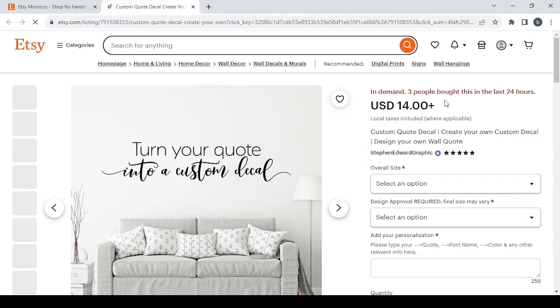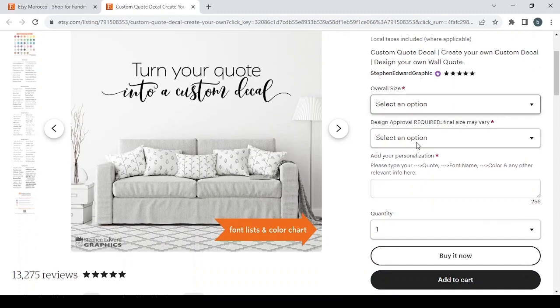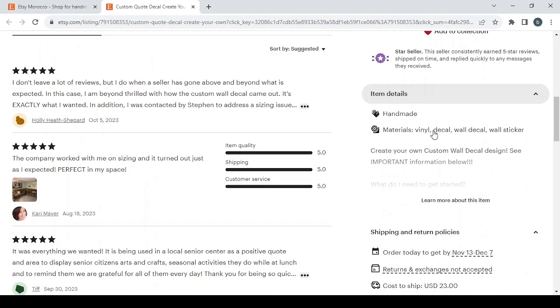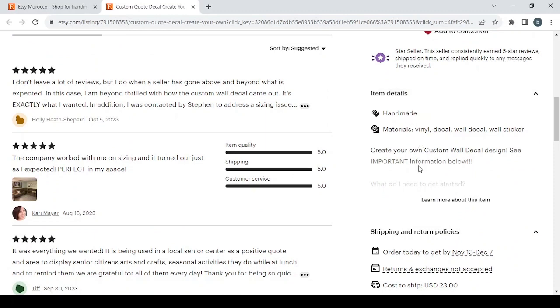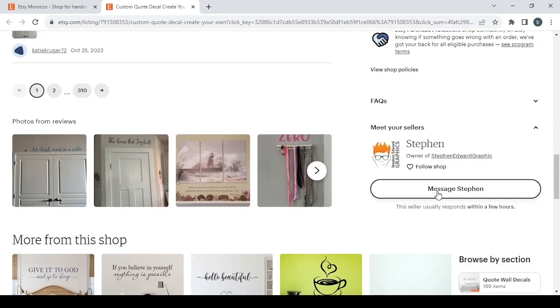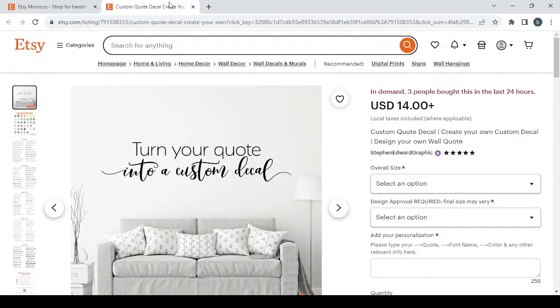So as you can see here, this is a shop page, and in this video I'm going to show you how to create exactly a shop page like this one, how to set the price, the description, the size, options, and all of this. Also, I'm going to show you how to add the item's details and how to set your shipping and return policies. So let's just go back to the first page